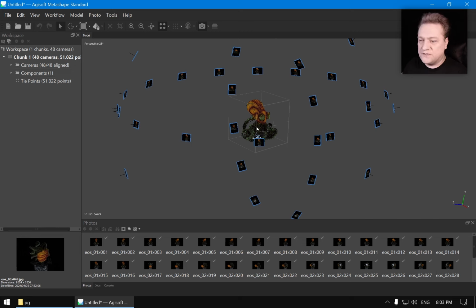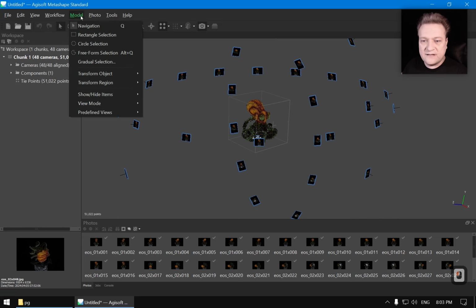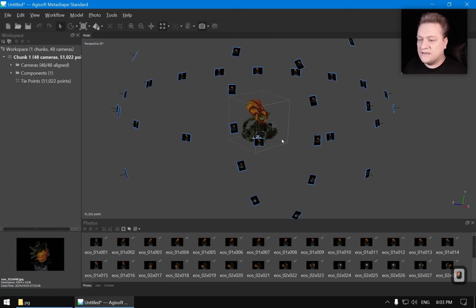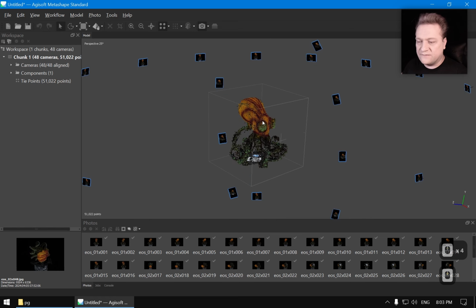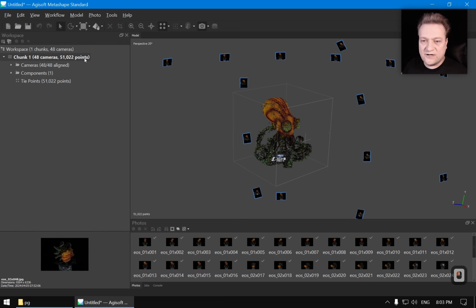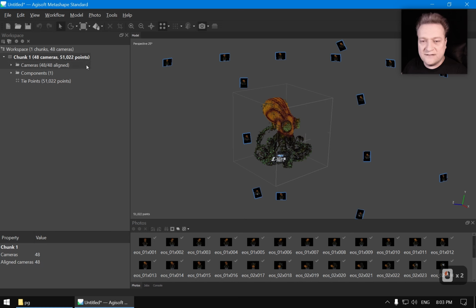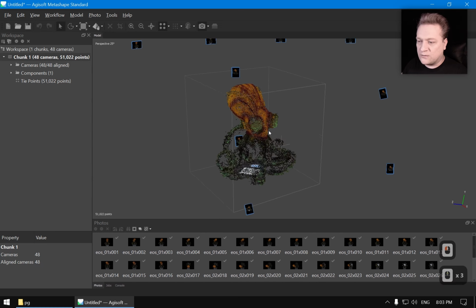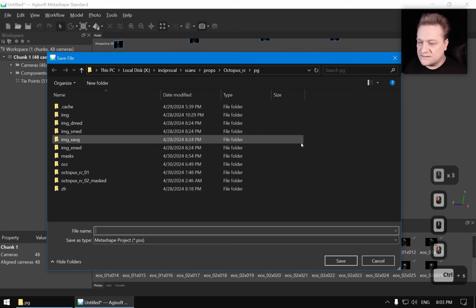The important thing is that we don't transform the object in here, because we have a model transform object functionality. Don't use that. We currently don't support it, because everything that you've seen me do here before was just modifying the reconstruction region. So make sure that on this chunk you don't have any T letter that stands for transform. At this point, we got all our alignment. We can go ahead and save this